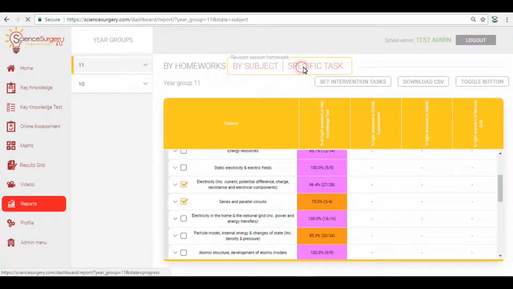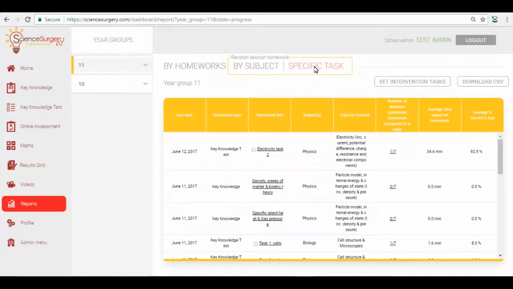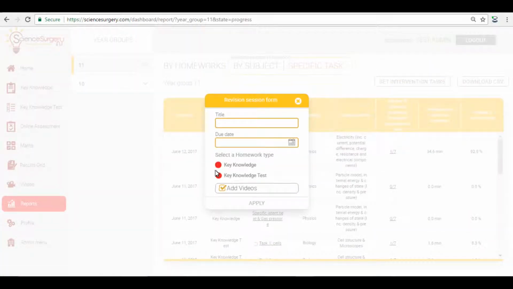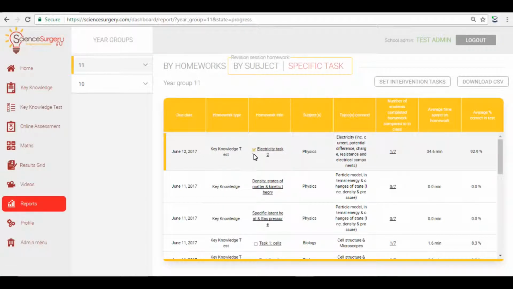The same is possible for a specific task. So I could click on a particular homework and I could click on set intervention task, and I could decide to set them both tasks in this case, so key knowledge revision, like the flashcards, they have to go away and learn it, and then followed by the test, or I might just decide to do one and not the other, and that will pull out each student's weakest areas based on that particular task, whether that was done at home or in